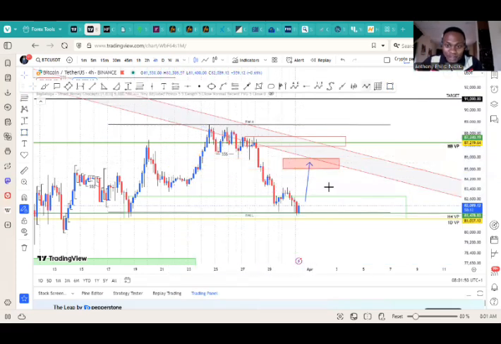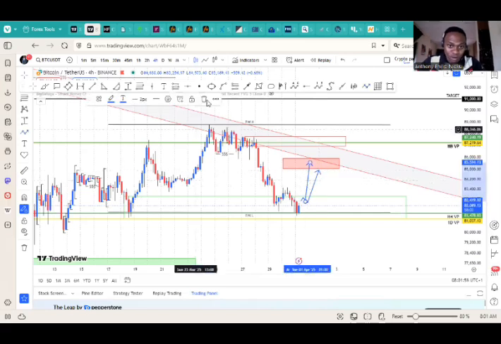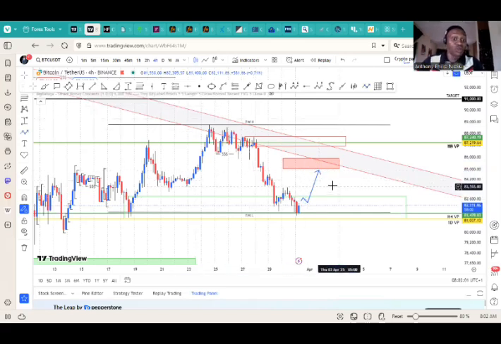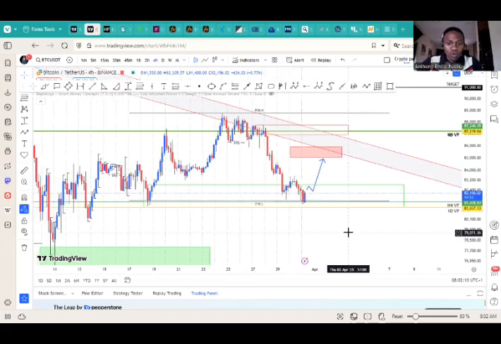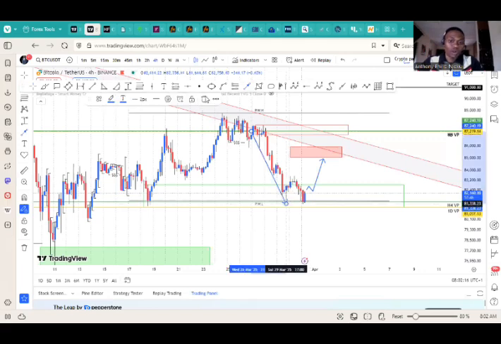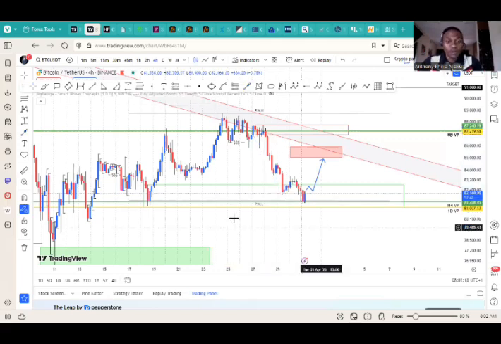But my bias is this, like I said, I've not seen a change of character, but based on what I can see, a Judas swing has formed. Once the change of character has formed and the return to origin has been confirmed, then we call out the buy trades. Even if it happens today, I'll call it out for you guys and we'll set the buy. The trend is your friend. It's a corrective structure, so our trades will be quick. I'll take profit short, unlike when you're in the direction of the trend, where you can hold because you know the trend will initially be in your favor. So that's it for the technical analysis.